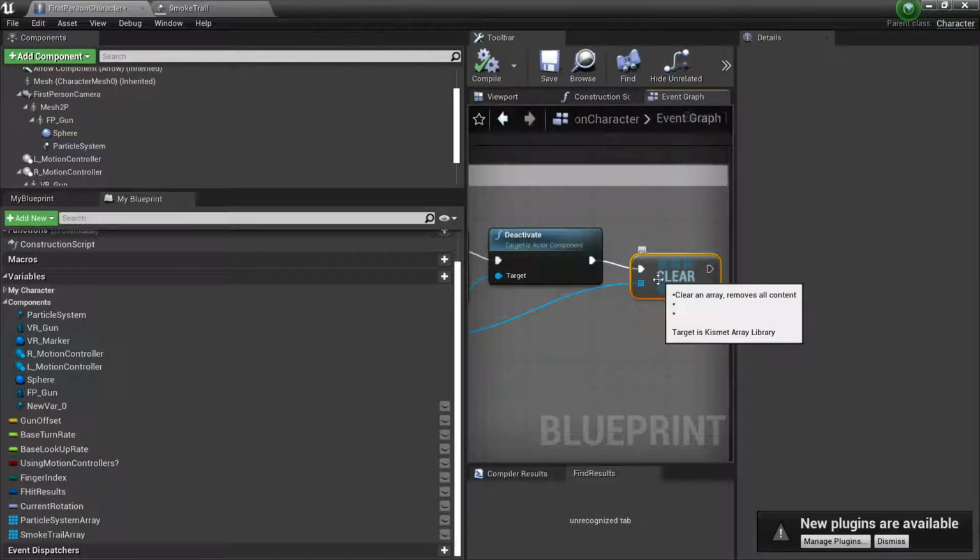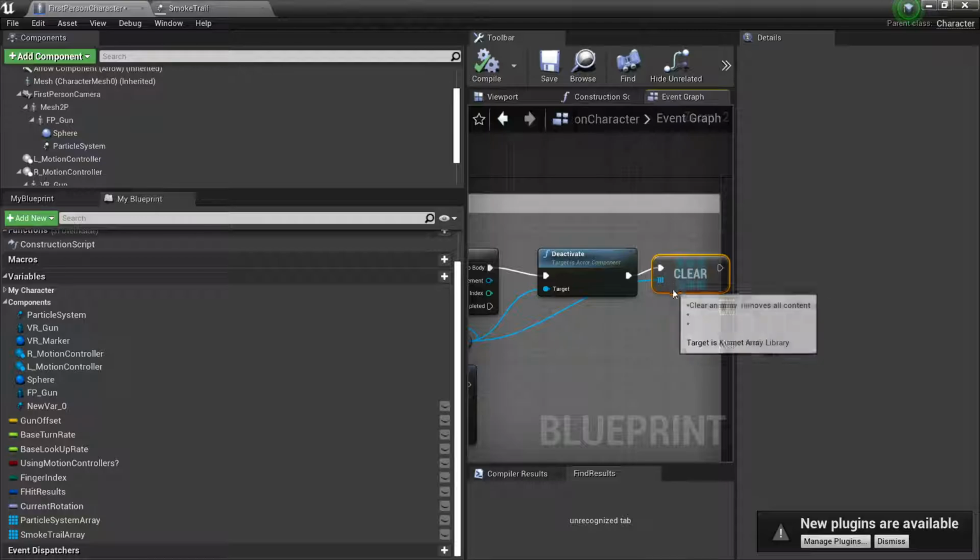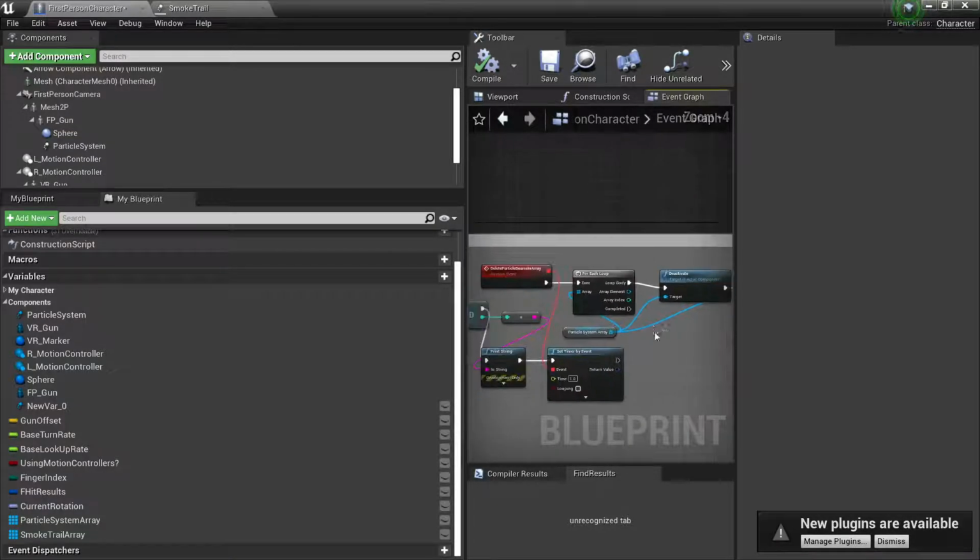Clearing it. Always clear all the indexes from the array. After you're done using and deactivating, clear it. As you can see, like in the other tutorial,